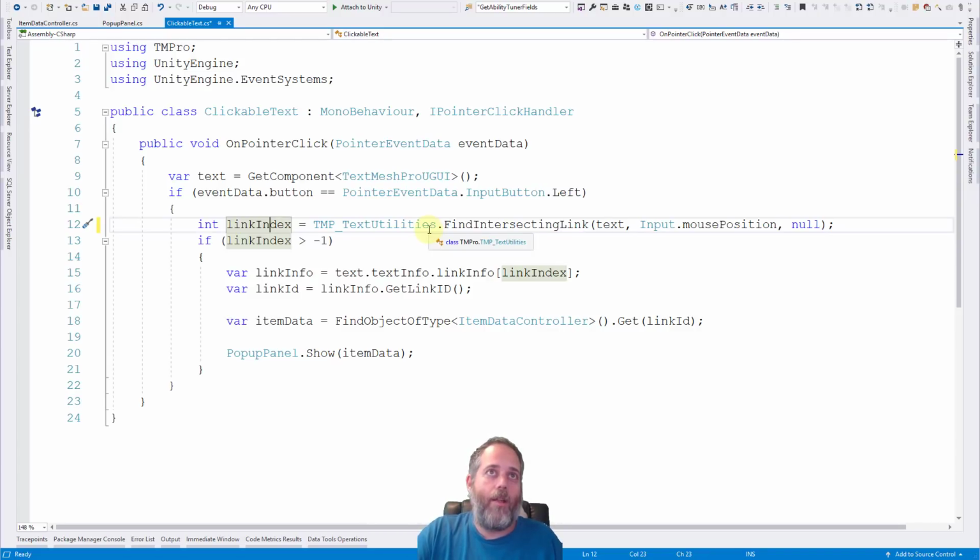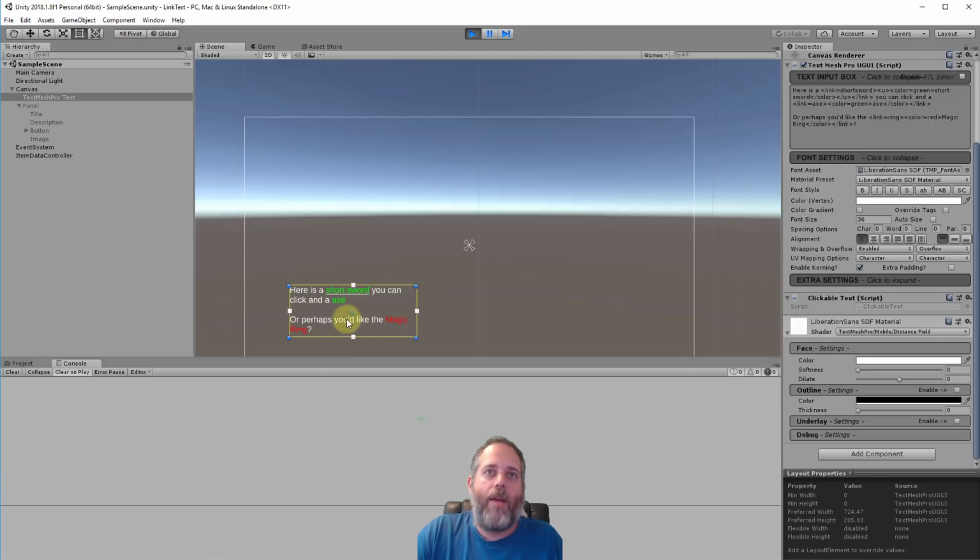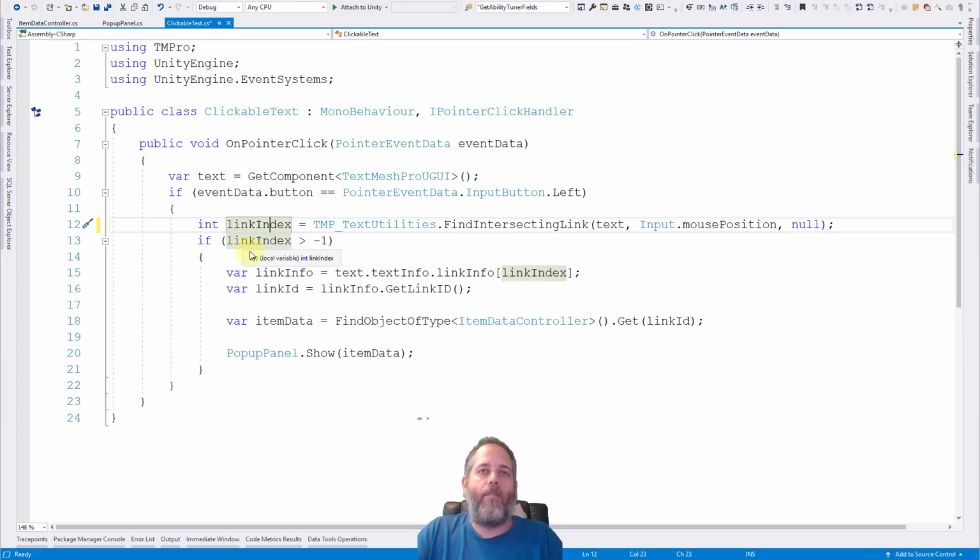If we didn't click on a link, so let's go back into here, if I clicked maybe on the word perhaps, we're not going to get an index, we'll get a -1. So we check here to make sure that we didn't get -1. So we know we actually clicked on some link text. Then we get the link info object. So we just call